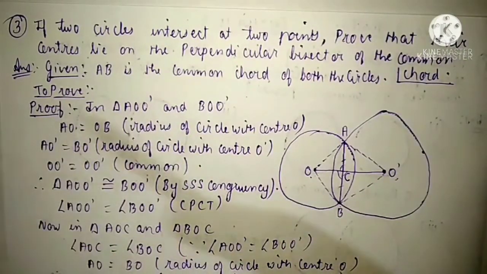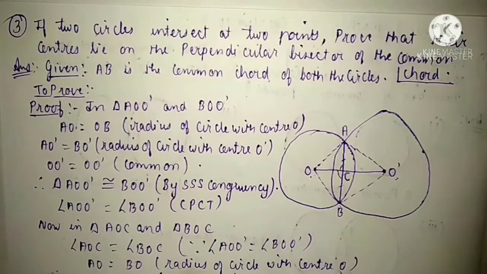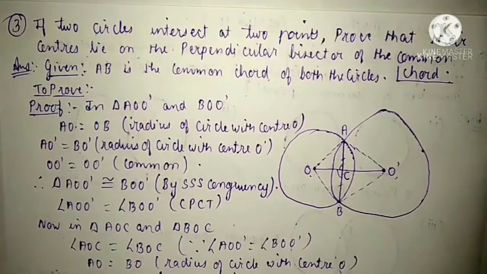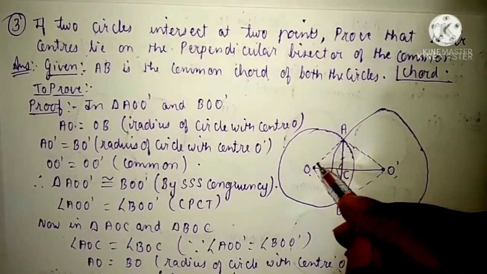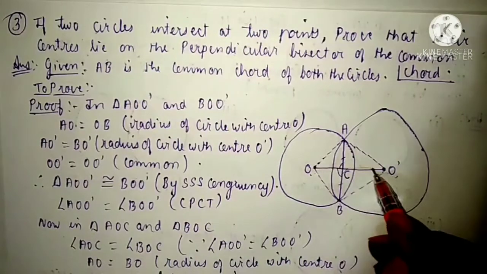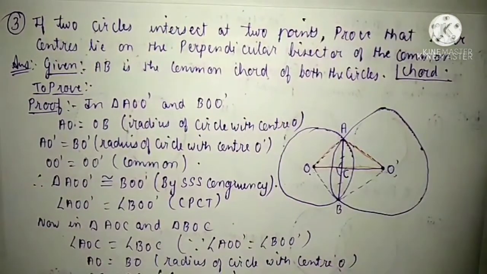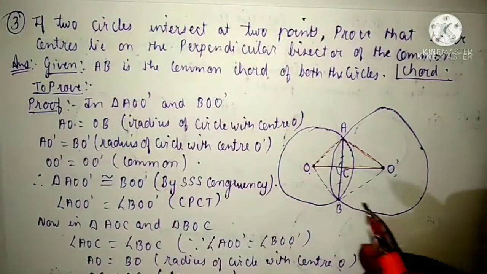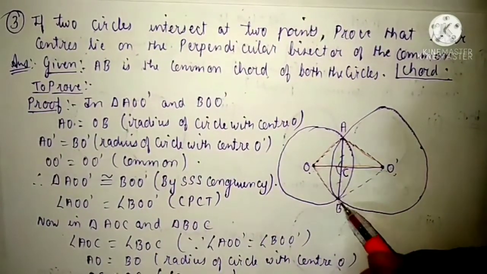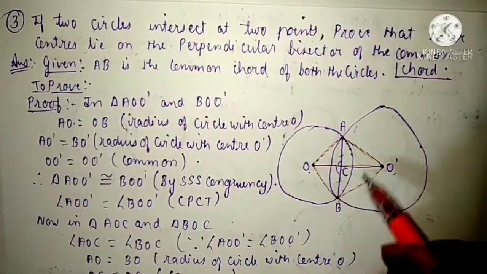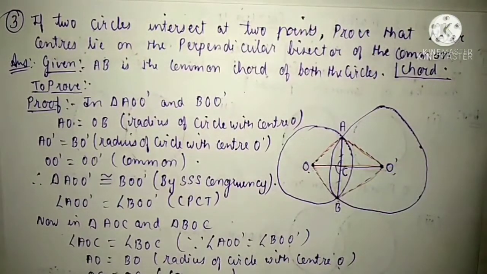Then in proof, what we will do? First of all, we will take triangle AOO dash. Where is AOO dash? This one, this triangle. And BOO dash, that means this triangle upper and this lower triangle. So